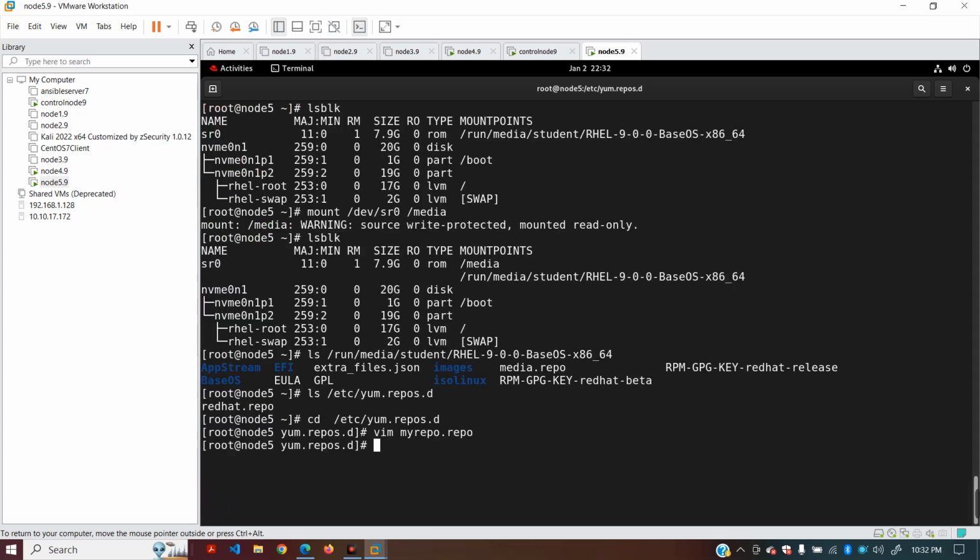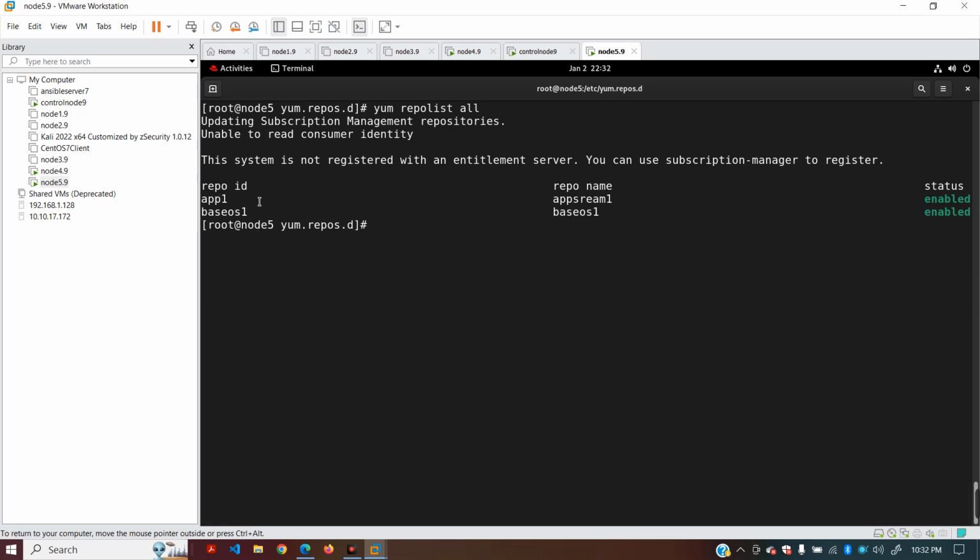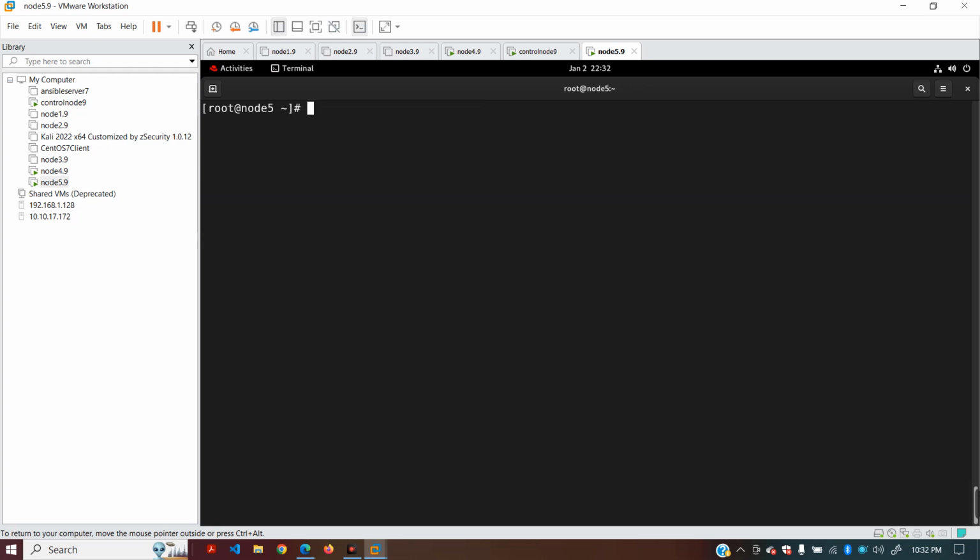So you have to save it and then run this command, yum clean all. And then run this repo list all. Look here, repo ID, this is what we gave, and here repo name, and it's enabled, so it's good. I'm just coming out of this, and now I'm gonna run those commands. Let me clear it once again. Now it should install